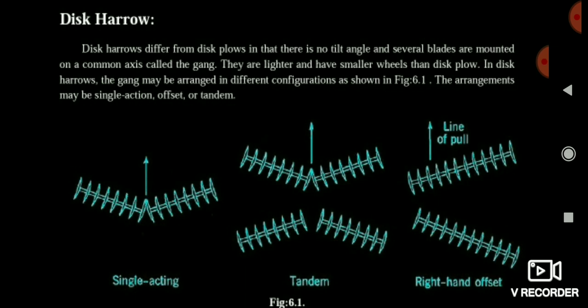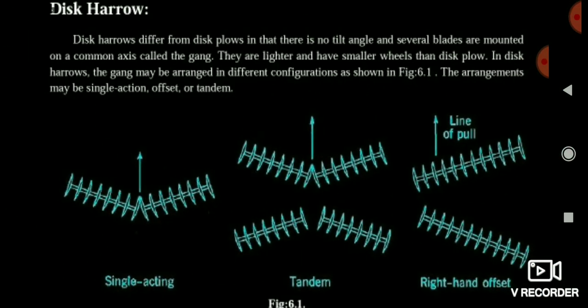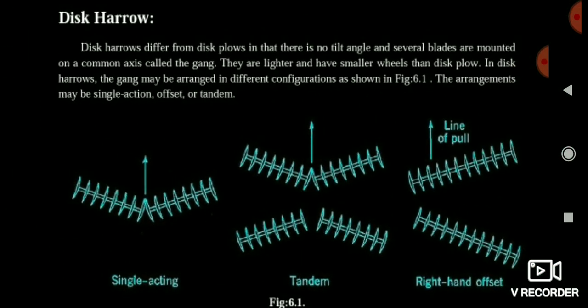So you should get the brief intro of disc harrow. Friends, first of all, you remember these figures. Means what are the diagrams of disc harrow? Because single acting disc harrow has 2 gangs. Friends, these are called gangs. Means you have heard about different types of gangs, but here also we are using the term gangs. Here friends, the gangs are simply the shaft like a structure on which our discs are present. Friends, the gangs are the common axis on which the several plates are present.